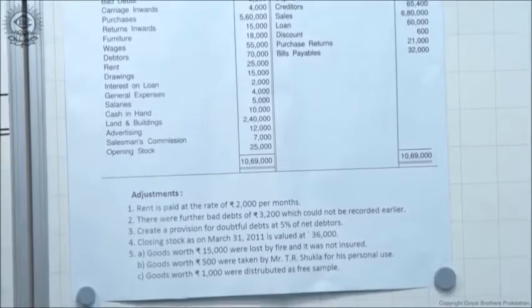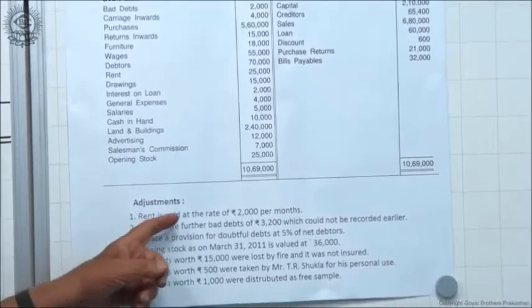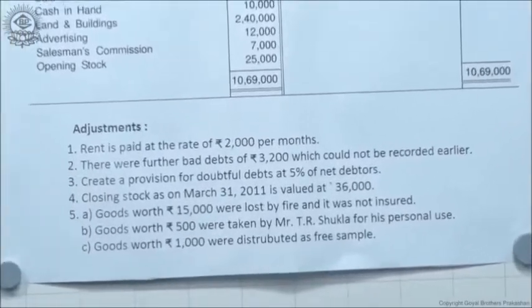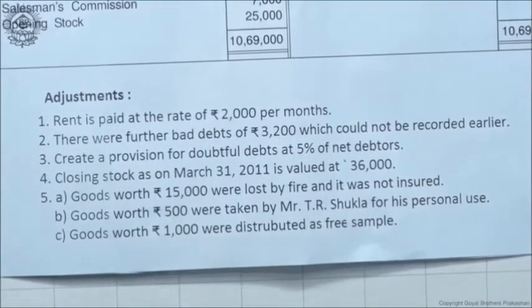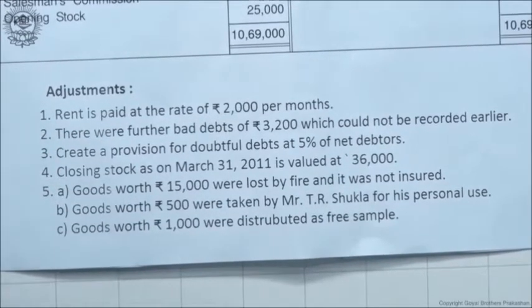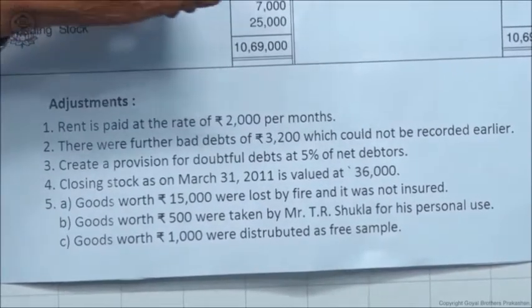Now here are the 5 adjustments. Rent is paid at the rate of 2,000 per month. This is a new thing for you. I told you there is something new. Rent is paid at the rate of 2,000 rupees per month, and for 1 year it will be how much? It will be 24,000 rupees. But see how much rent is paid. Rent is paid only